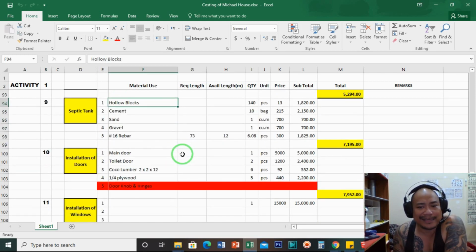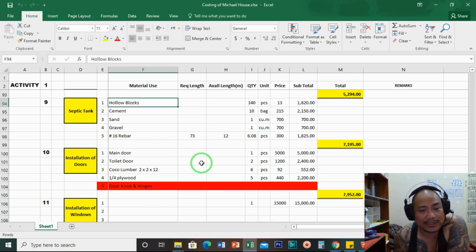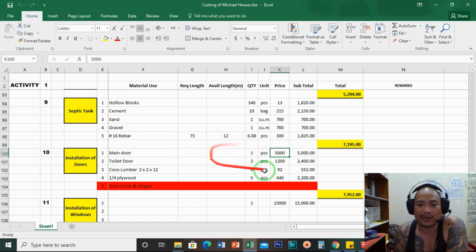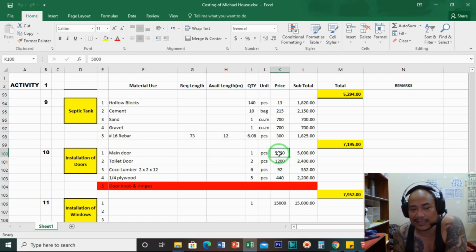So for installation of doors, gentlemen, we are just using plyboard for this door. So the main door will cost me 5,000. The toilet door will be 5,000. This is not the cheapest door, but this is also not the expensive door, because if you want expensive doors,